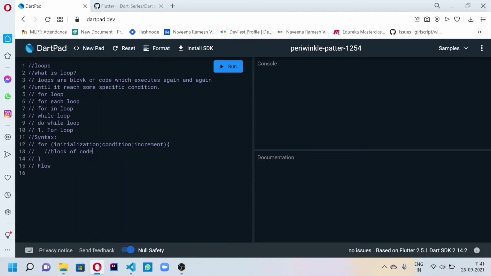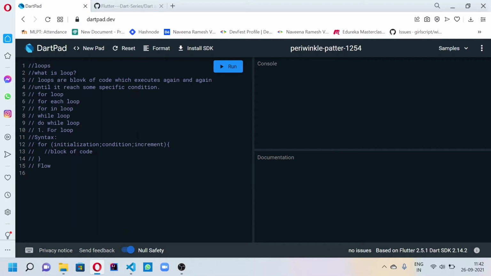If you have given an int, it will increase the value. Again, it meets the condition and goes inside the block. It will go increment, condition, block of code. That way, for example, if i is lesser than 10, and 9 is lesser than 10, it will execute. Then it will increment, it will become 10, and the condition 10 is less than 10, no, so it will come outside the for loop.